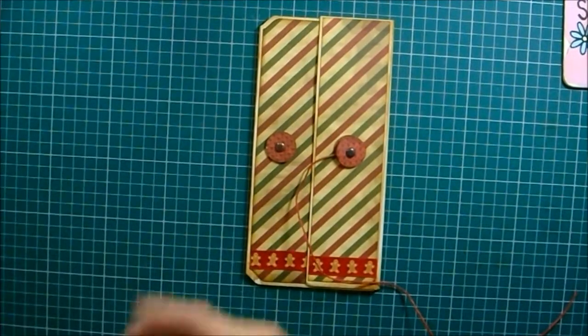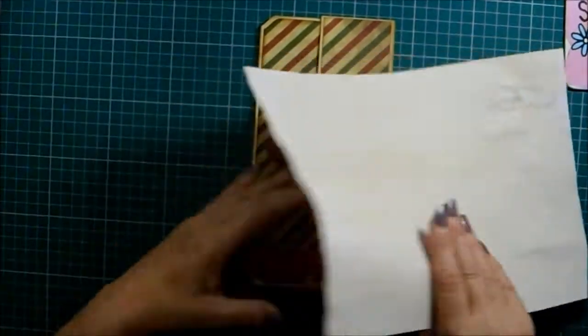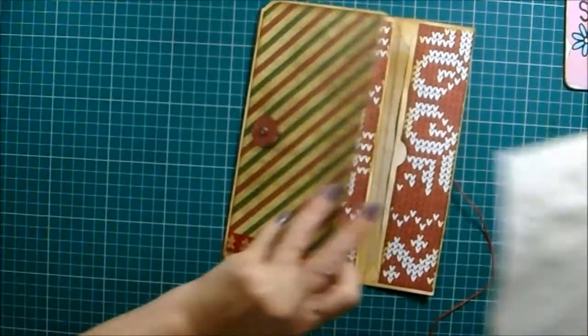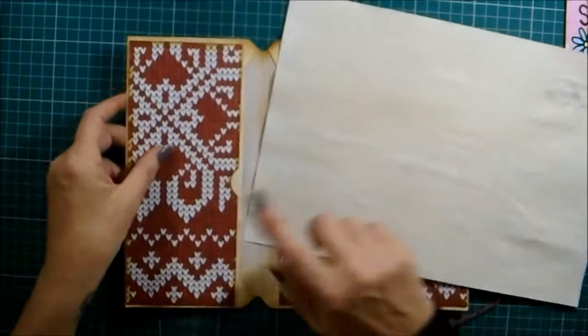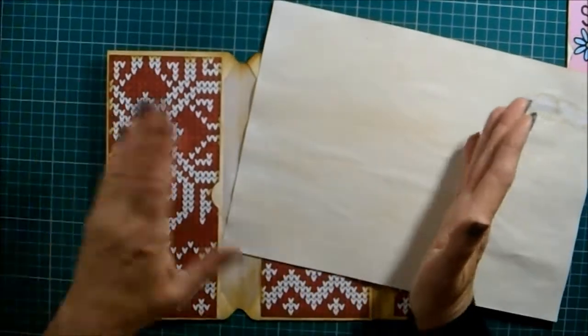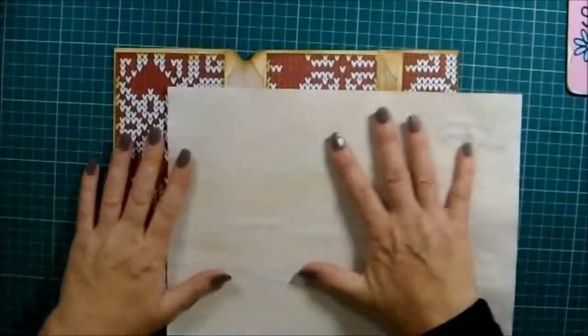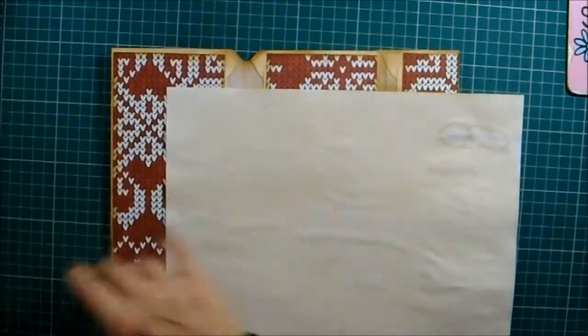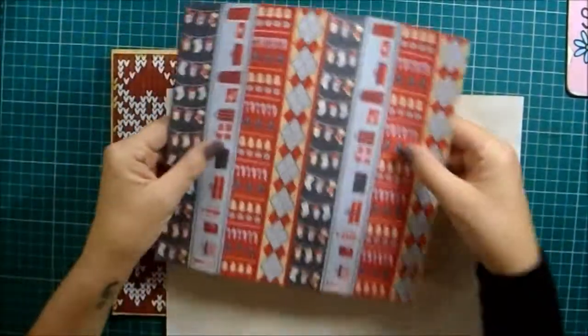So I've got some bits of coffee dyed paper that we'll cut to size, and you'll notice I've not given you any measurements because my envelopes might not be the same size as your envelopes, or what you want to do. But I've got some bits of coffee dyed paper to cut, and also I've got bits